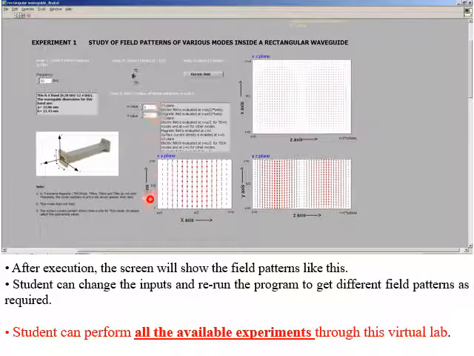And this procedure will be followed for all the available experiments. I have chosen the first experiment just for illustration, but a student can perform all the experiments available in the site.